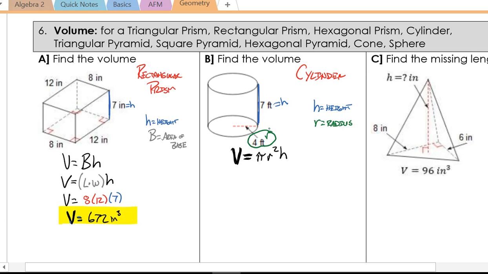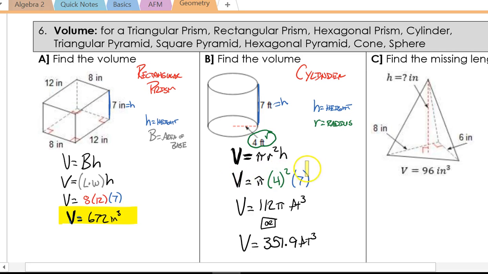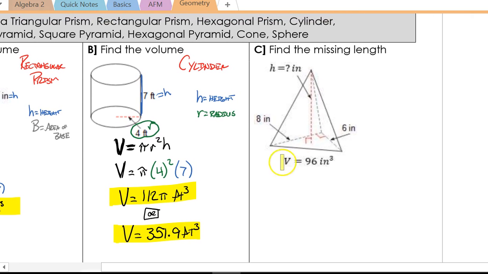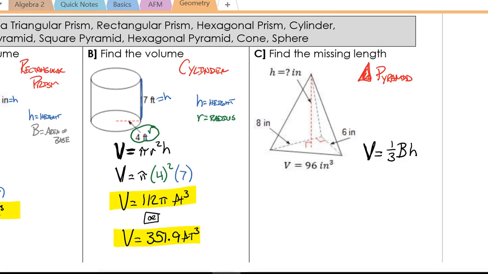So substituting in our known value, volume equals pi times 4 squared times 7, which gives us 112 pi feet cubed, if we're keeping it in terms of pi, or if we multiply it out, 351.9 feet cubed. Last problem, once again, we're finding a missing length. Here we're given the volume of this triangular pyramid with a volume formula of 1/3 area of the base times